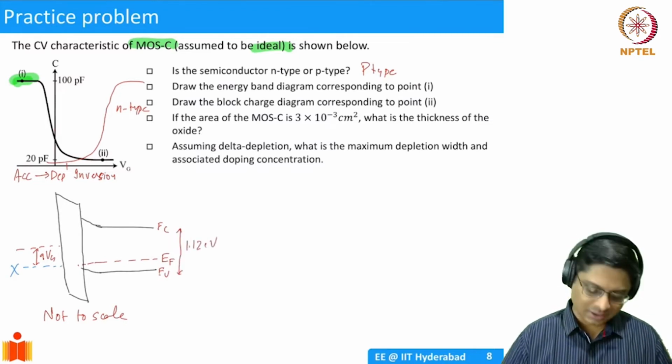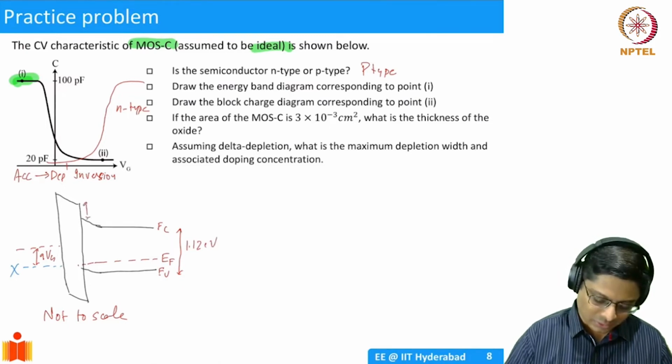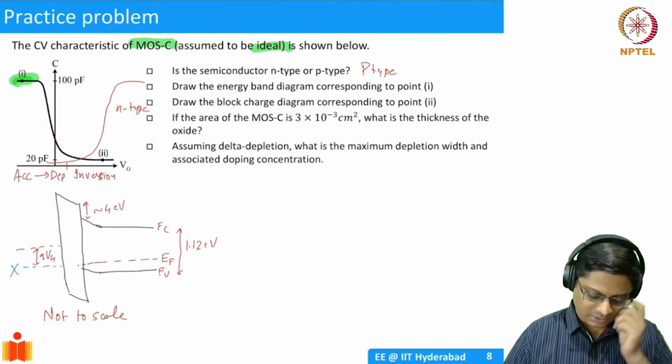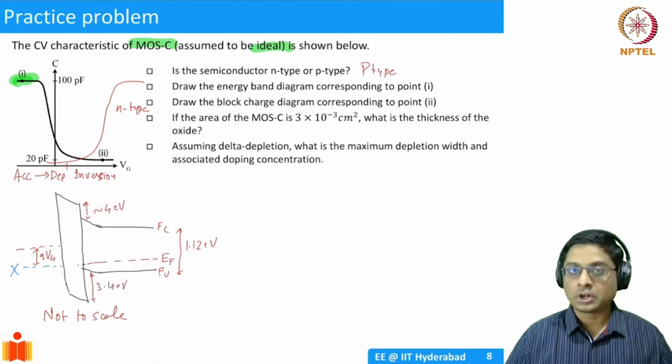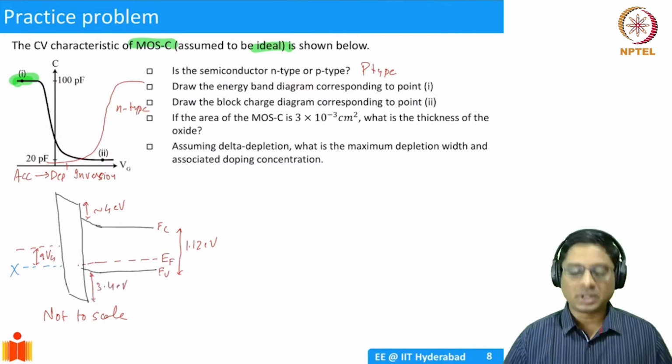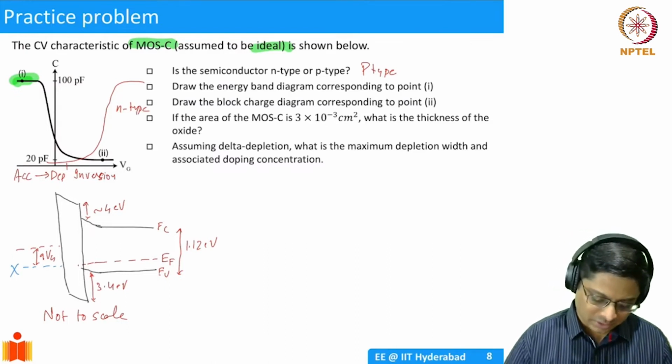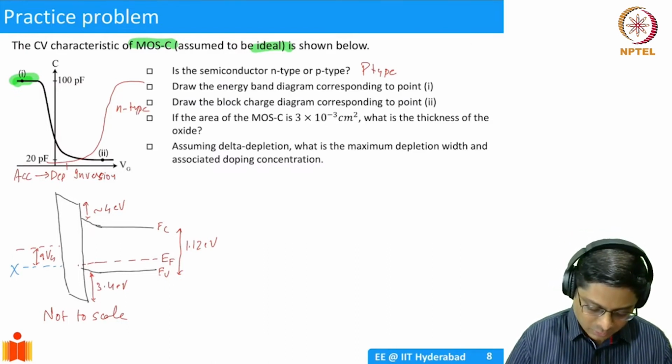the band gap of silicon, and this we saw was close to 3 eV, or even 4 eV. Electron affinity was close to 4 eV for silicon, and this is close to maybe 3 to 4 eV. So we are not drawing it to scale, okay? But we are showing the essential physics. That's all. One way of representing that you are not drawing to scale would be to put something like